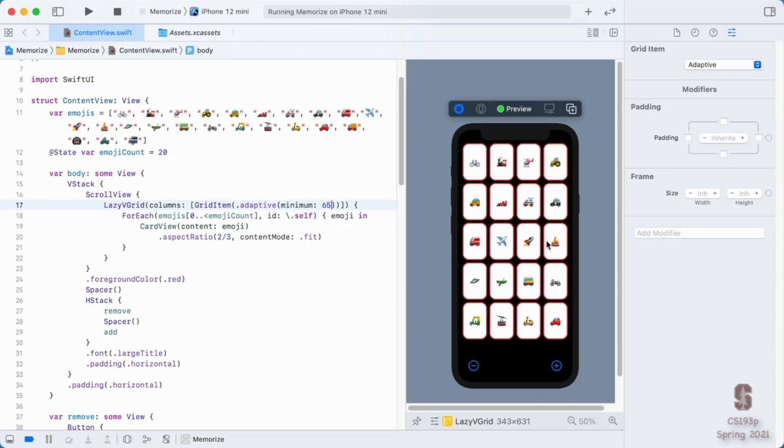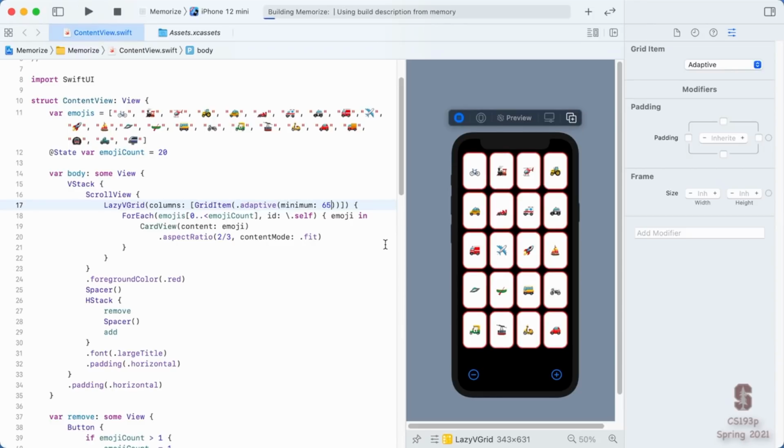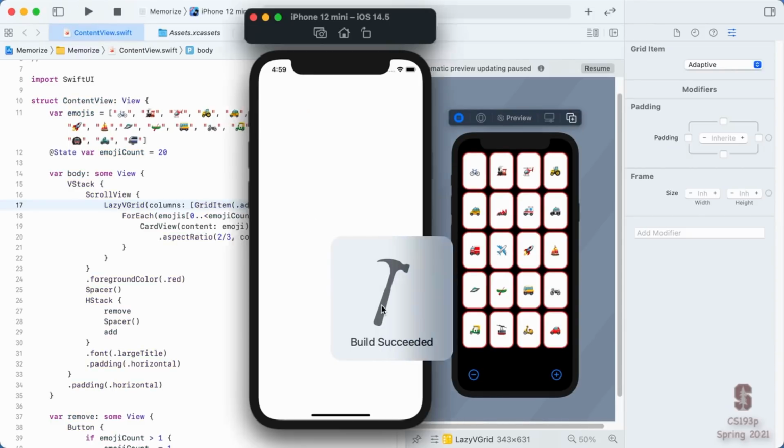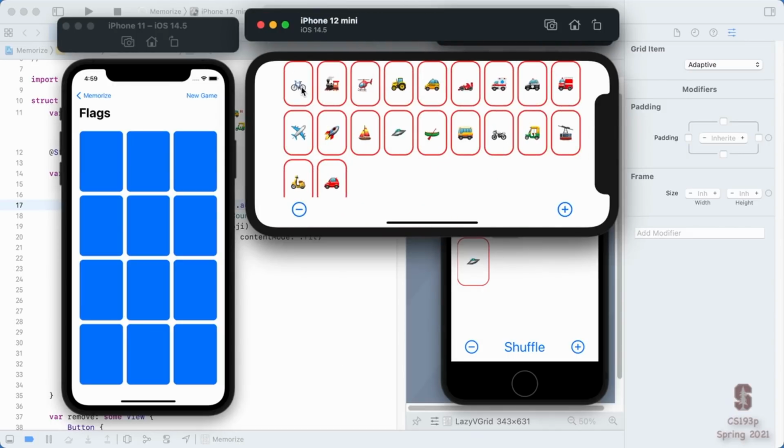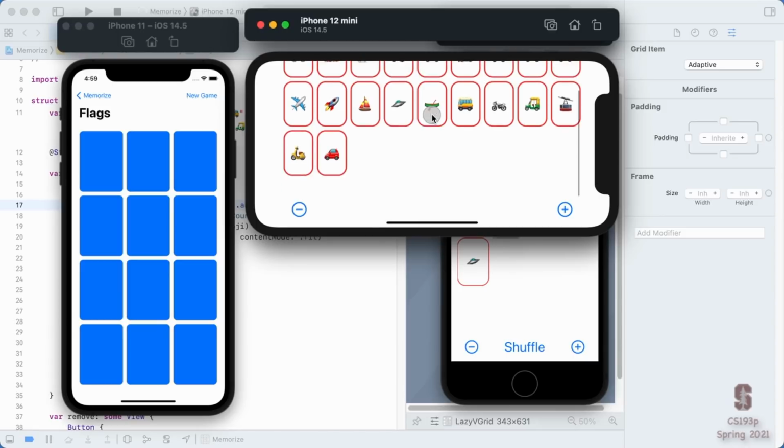What about landscape mode? Let's go back to our simulator over here and rotate this thing into landscape. Woo! Look at that. 1, 2, 3, 4, 5, 6, 7, 8, 9. So it puts 9 across. So we get 9, 18, 20. Just got our scroll view here,